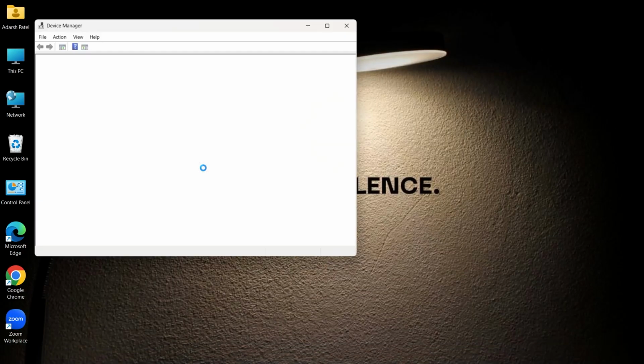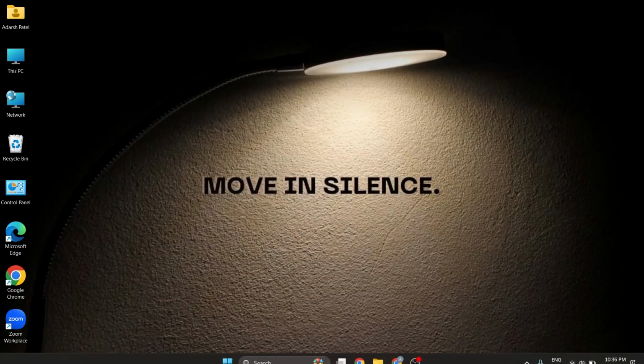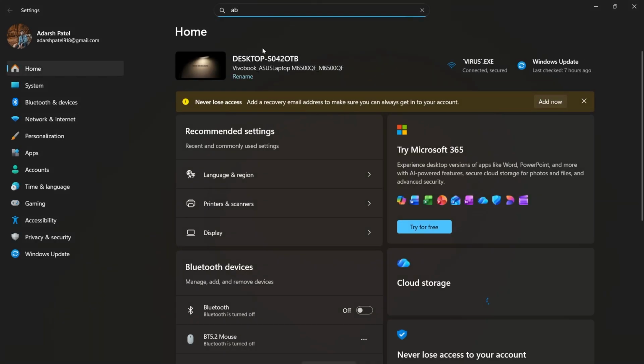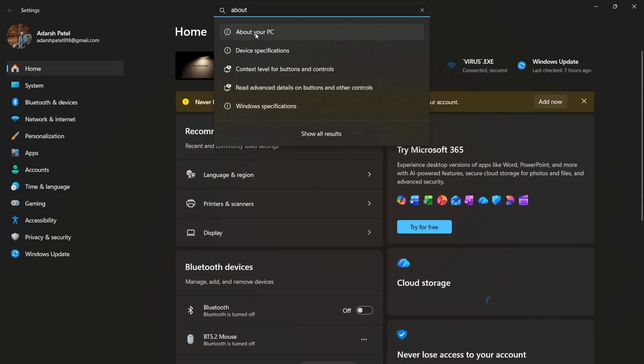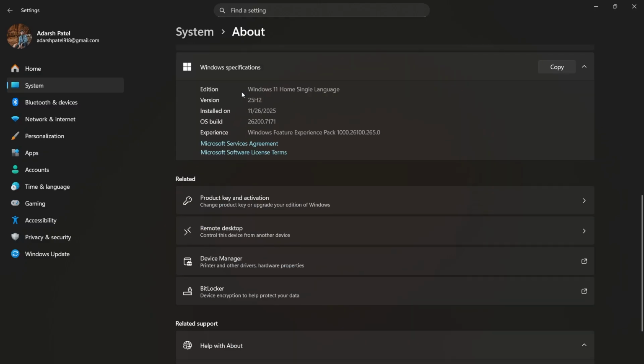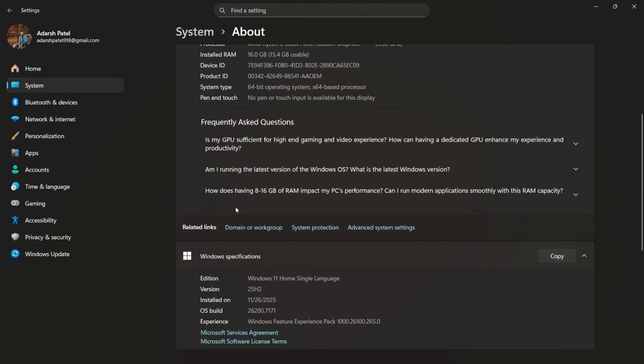In this quick tutorial, I'm going to show you how you can fix the issue if you are not able to find the Wi-Fi adapters on your system. Now, in order to fix that, just simply open the settings. First of all, find the name of your Wi-Fi that is installed on your system. Just simply go to device specifications, and here you'll find the details about all the architecture that is installed on